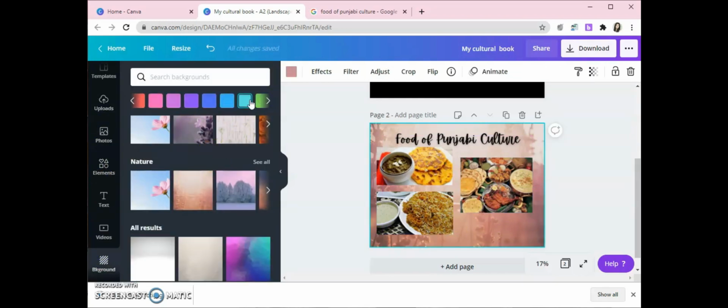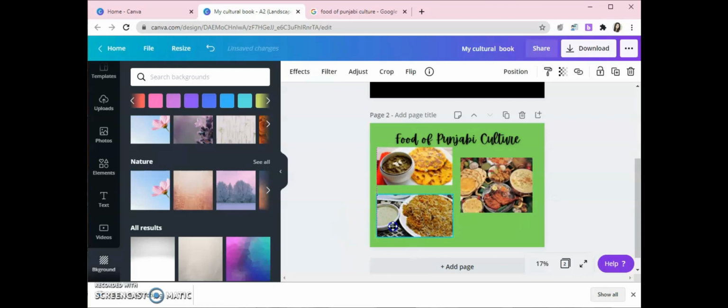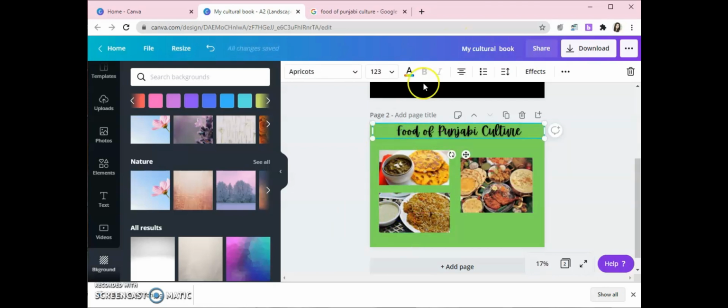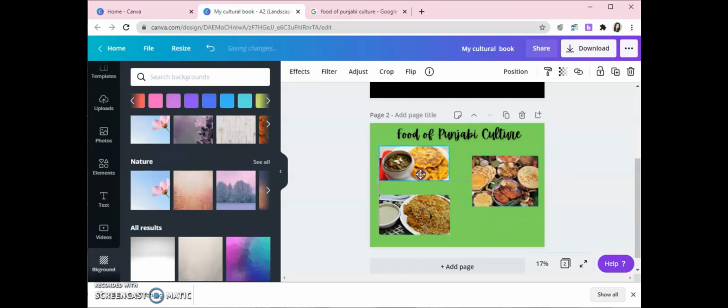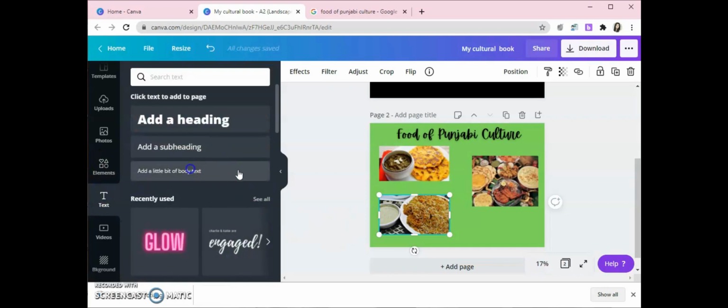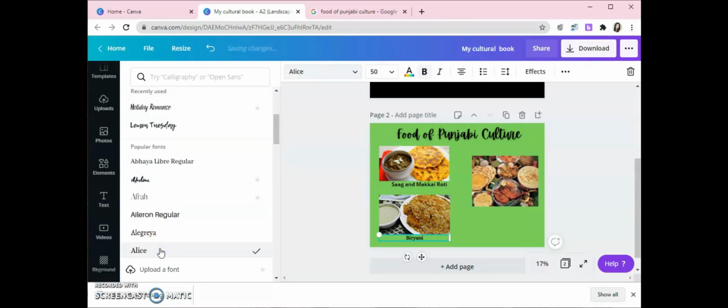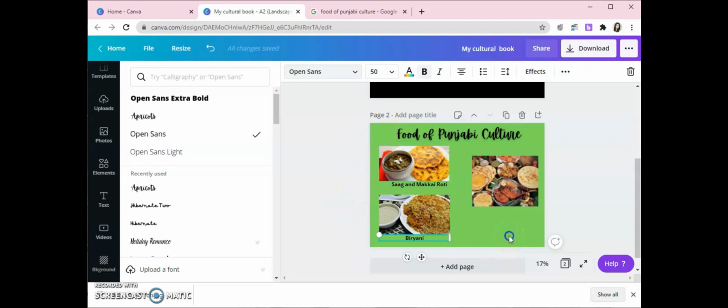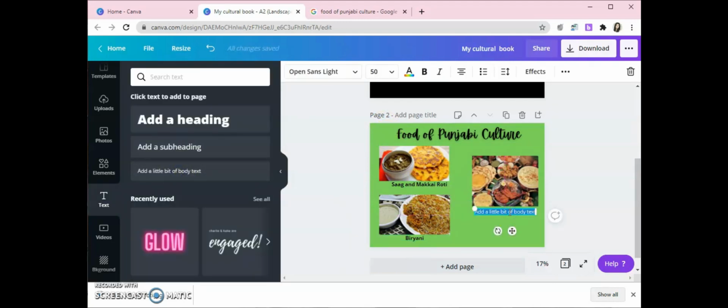After adding 2 to 3 images, you will give the subtitle to the images. But I think the background is not appropriate. The image of the yummy and delicious food isn't prominent. So let me change the background of it. Add the subtitles and resize the images. Let's check how it appears if we present it.